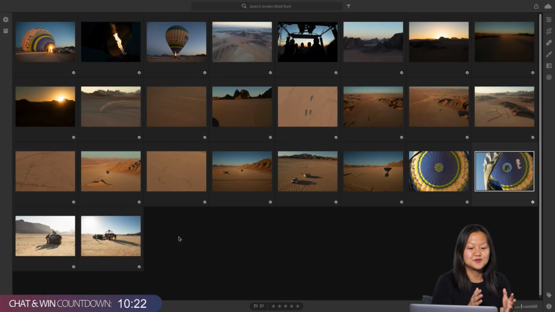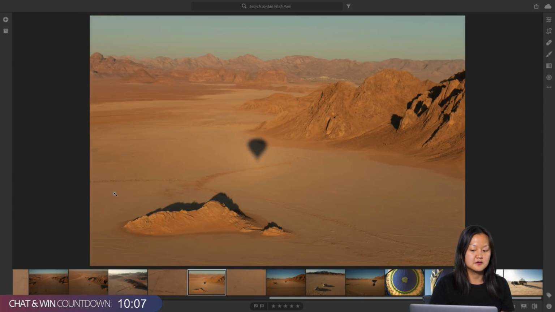And narrow it down to the most important images that you want to share. I have something like 30-some images here, which is too many, right? It's kind of nice to flip through to select from, but for example, I probably only need one of these shadow images. I don't need both, but it's nice to put them into my final selects and then narrow it down from there.